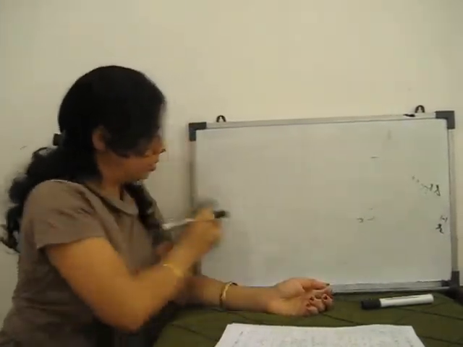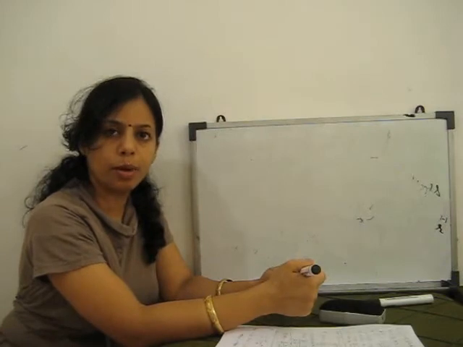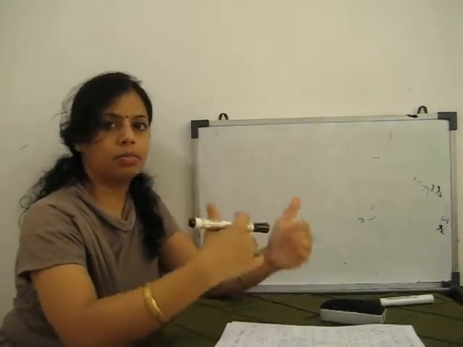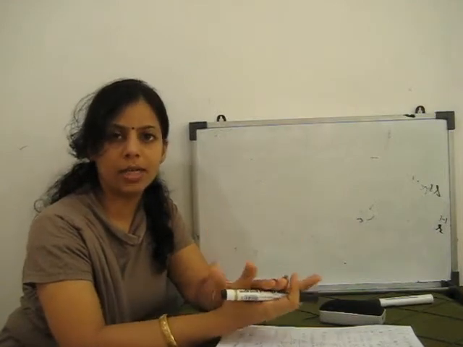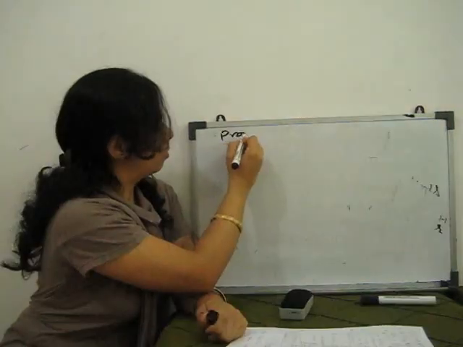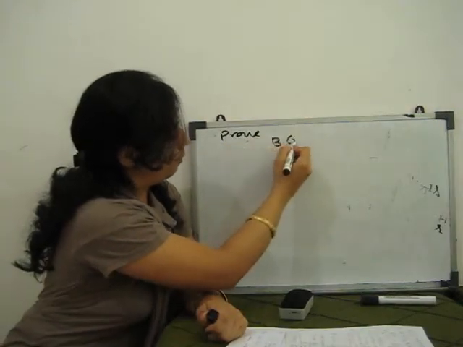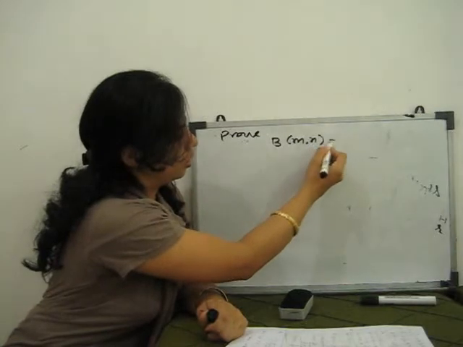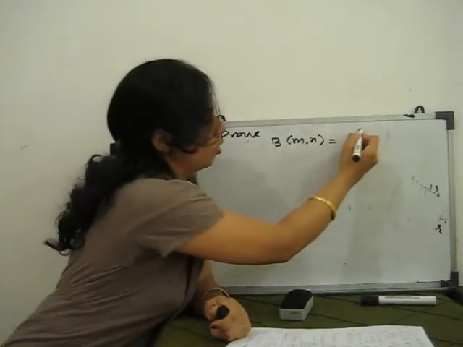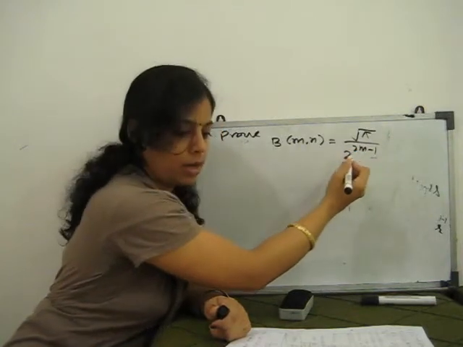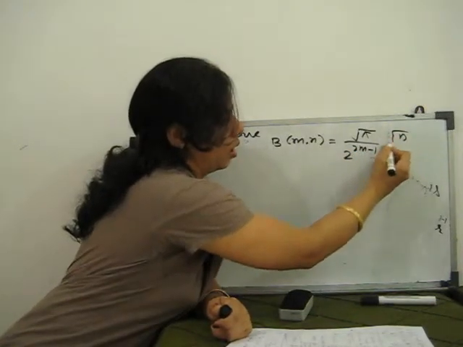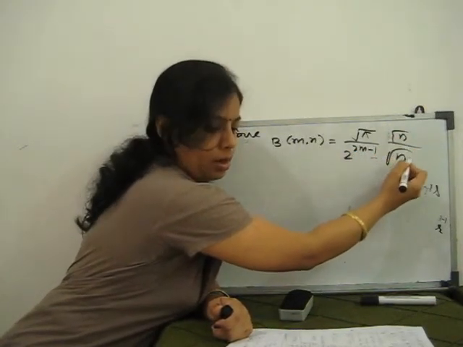There are many different kinds of problems. Now we discuss some problems, not all problems, but one of every type. Some on beta integrals, some on trigonometrical functions, some on the relation between beta and gamma. I will discuss some problems. Beta of m, n is equal to root pi, 2 to the power 2m minus 1, gamma n upon gamma n